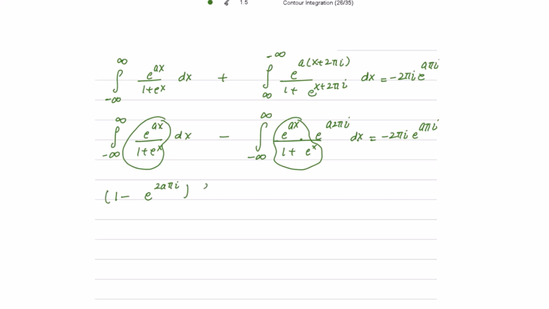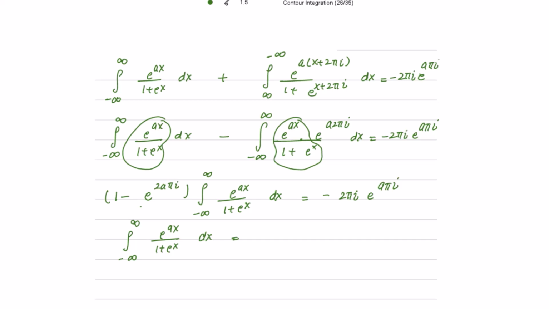This is common, and this is from minus infinity to infinity e to the power ax over 1 plus e to the power x dx. Is it okay? Yes. Now taking this to the other side, minus infinity to infinity e to the power ax over 1 plus e to the power x dx is equal to, taking